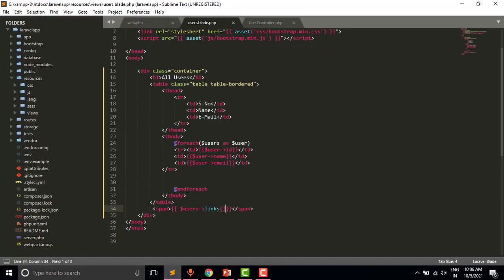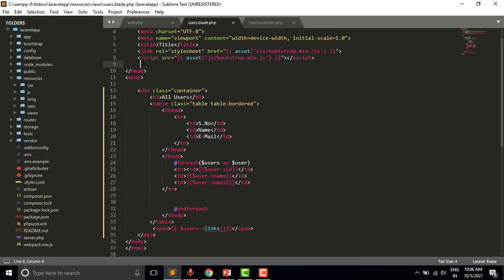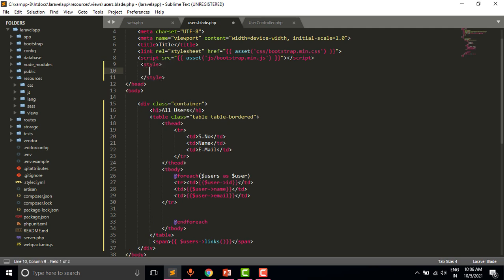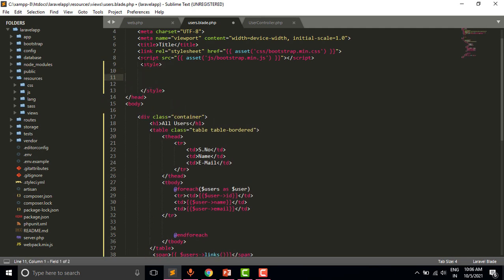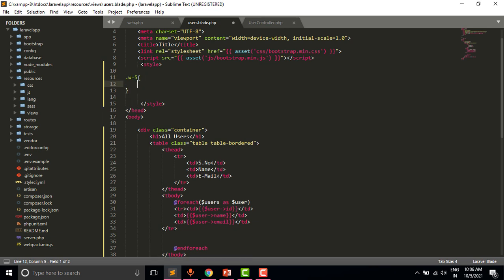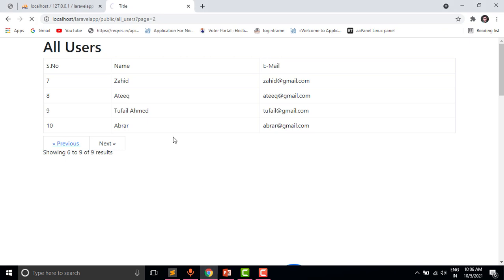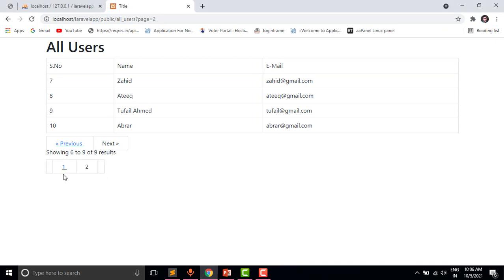So let us manage this style. Display none. Save this file. Again refresh this page. Now you can see we are getting the links.